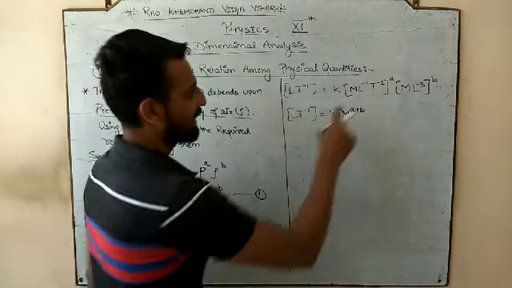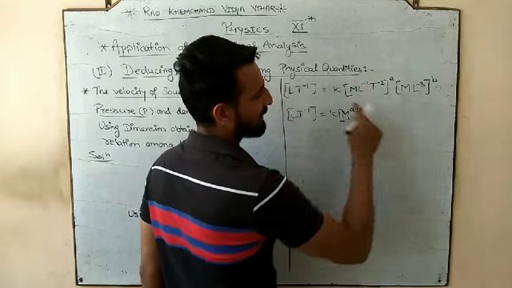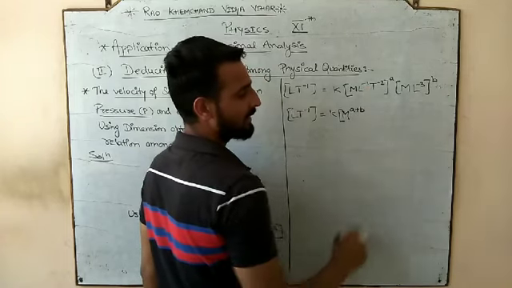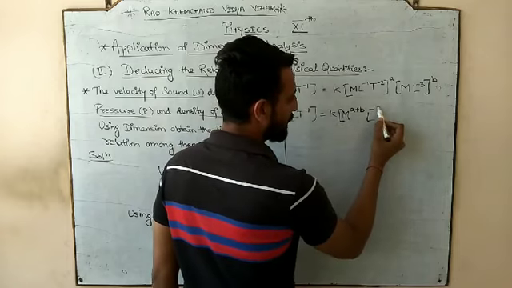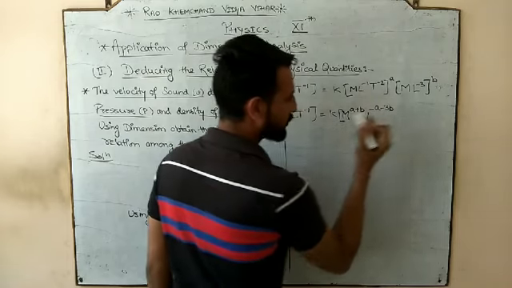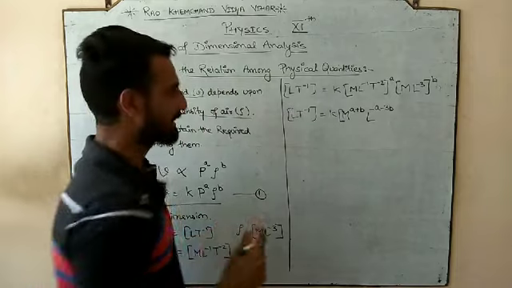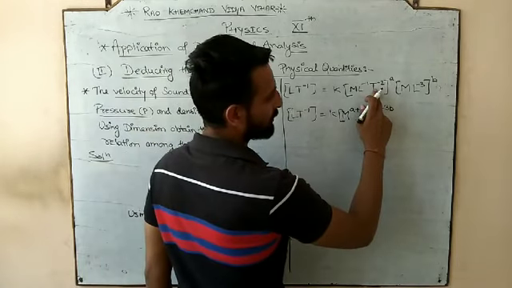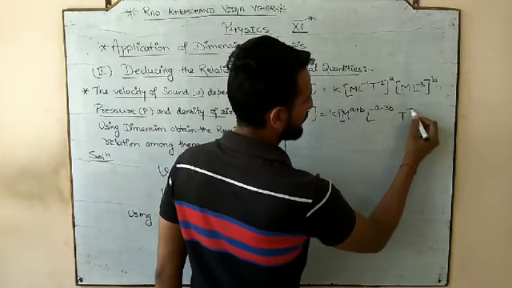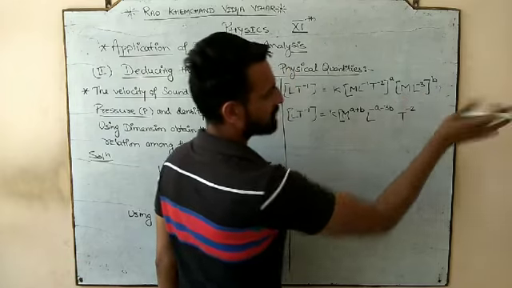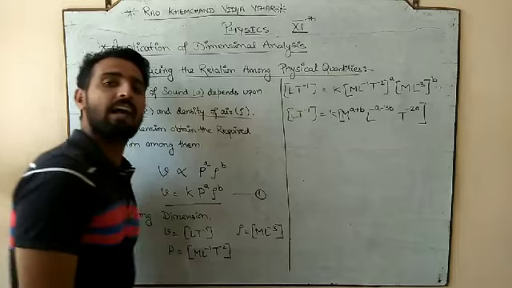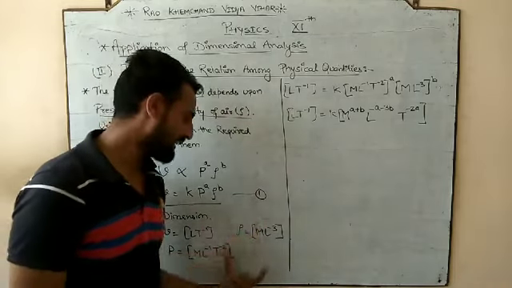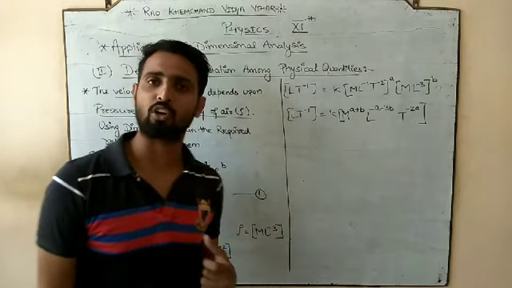Similarly, go with L. What is the power of L? Minus A. And what is the power of L from the density? Minus 3B. So what is the total power of L? Minus A minus 3B. Am I clear with that? Similarly, what is the power of T here? Minus 2A. And from density, nothing, so it will remain minus 2A. Am I clear? So we have placed all the dimensions and we have solved.